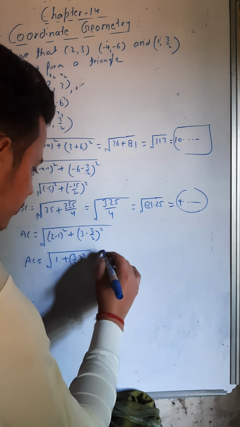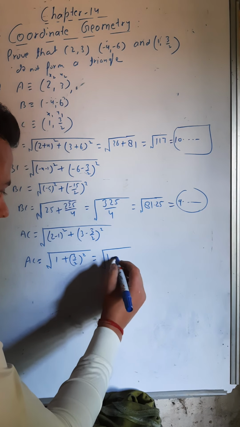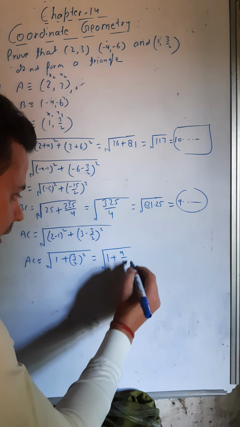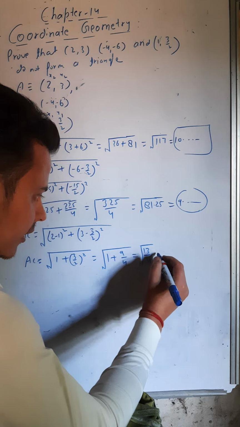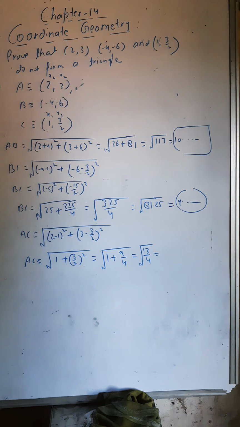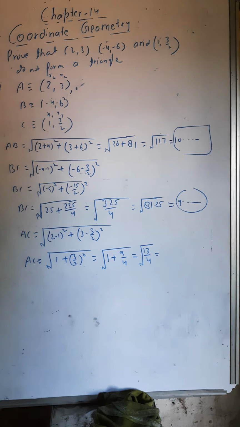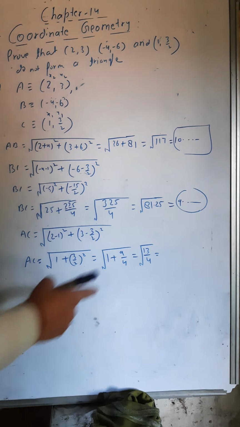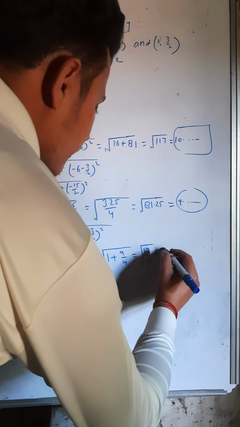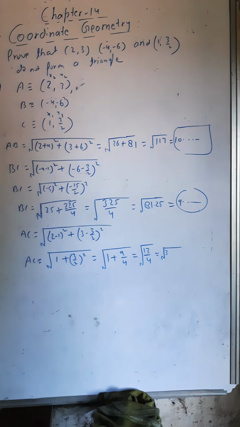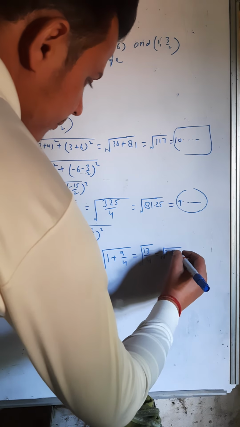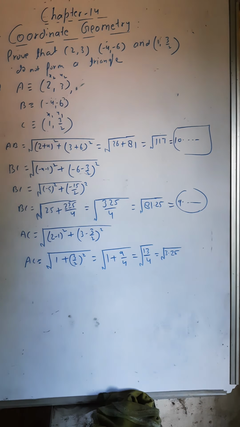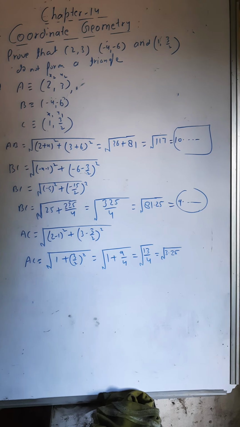So it will be the square root of 1 plus the square of 3, which is 9, over 4, so 4 plus 9 is 13/4. If you divide this, how much is it coming out to be? 4 times 3 is 12, plus 1 is 13, 4 times 2 is 8, 4 times 5 is 20. It means 3.25 is coming. 3.25. So its square root will be how much?